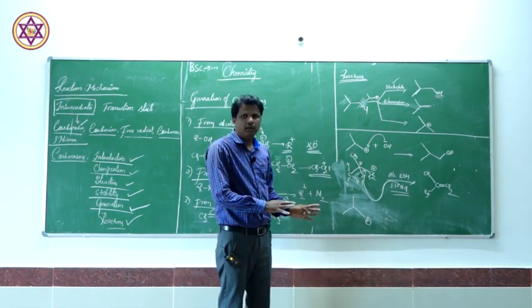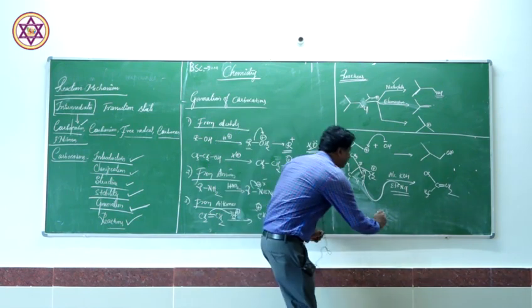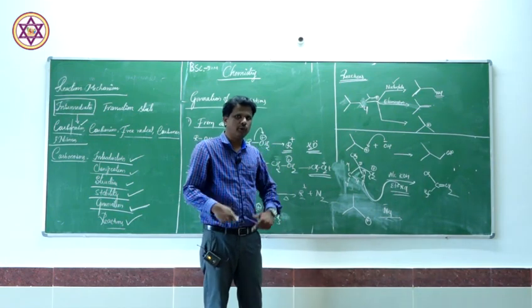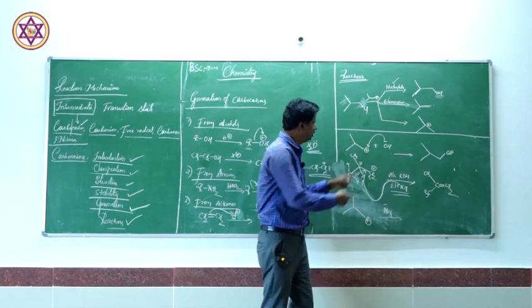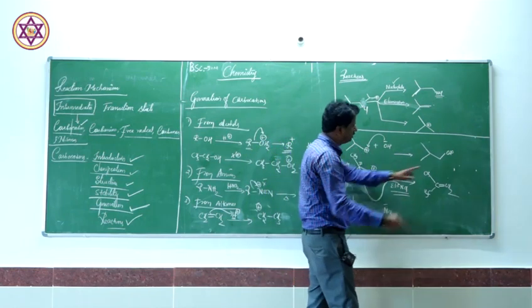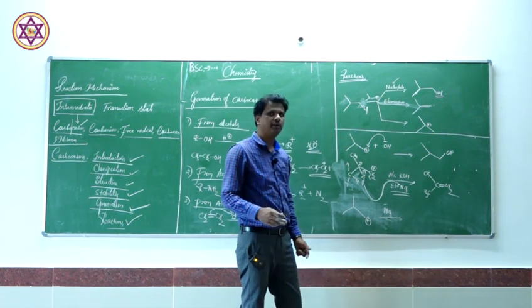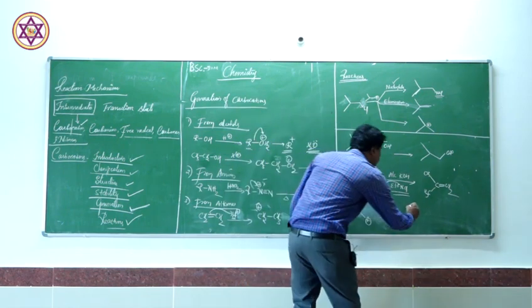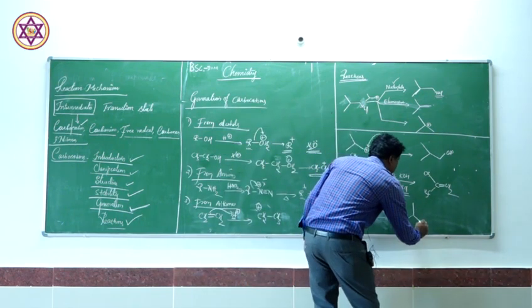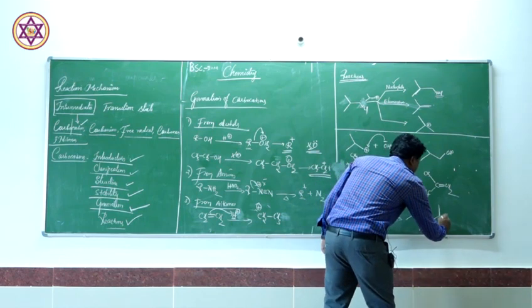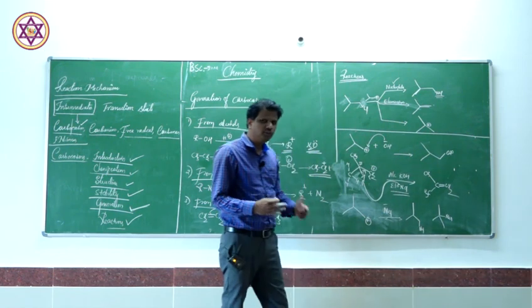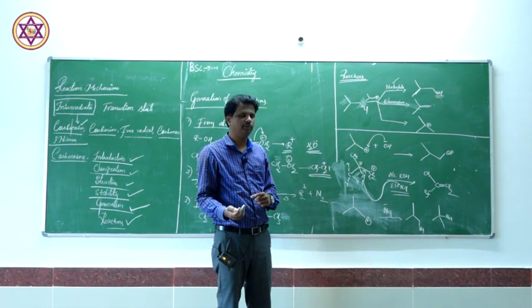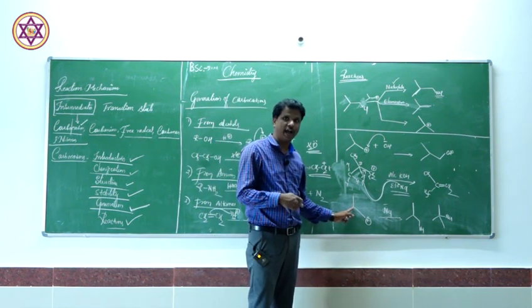This is a butyl carbocation. Now, if you add any nucleophile to this molecule, you think you can expect only one product, because I told you that the nucleophile attacks the carbocation and forms a substituted product. But here it doesn't happen like that. You are going to get two different compounds. One compound is like this, with the nucleophile, the other compound is like this, with the nucleophile. Now how did this happen? It happened through the shifting of a hydrogen atom, the hydride shifting of this hydride ion, which is called a hydride shift.